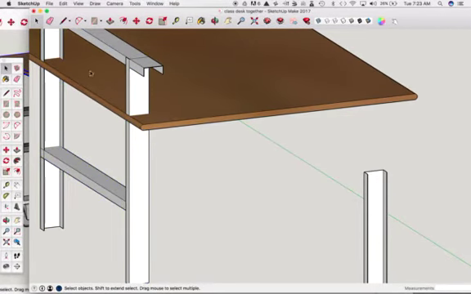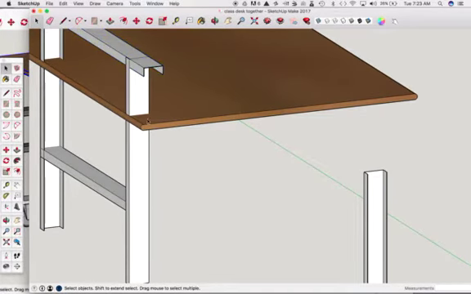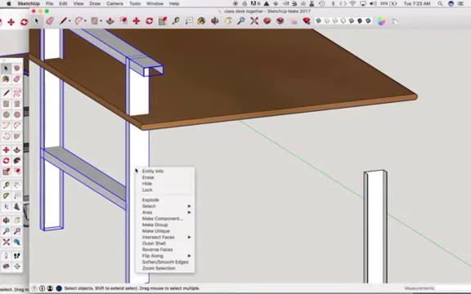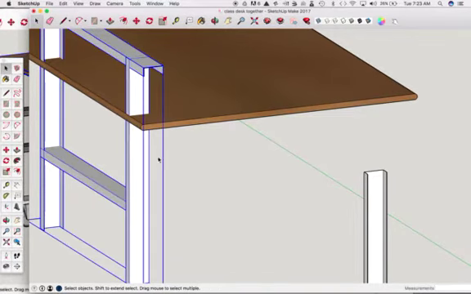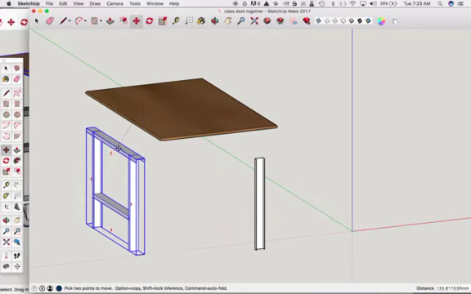So I'm going to make that part into a group by triple-clicking it and then say Make Group. Now when I select it, the whole thing gets grabbed, not just part of it. So again, hold down the Shift key, and I'm selecting all 4 pieces. Right-click, I'm going to make that into a group. So now I can move this at will however I want. In this case, I just want to get it away from the tabletop so it's not so confusing, so things